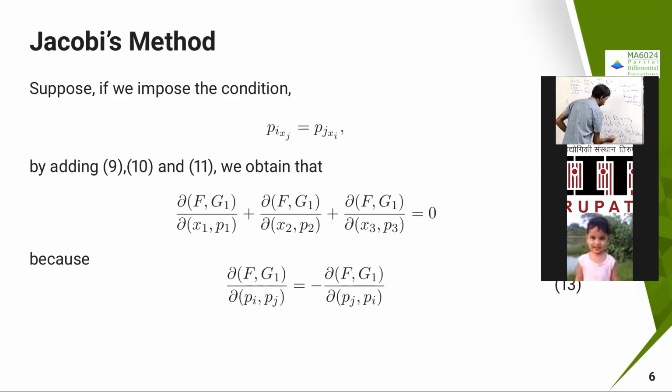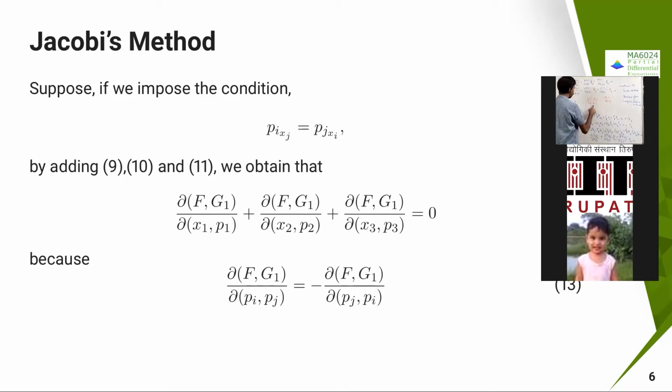So this is going to be p2 x1, this is going to be p1 x2. I made the assumption that ∂p1/∂x2 equals ∂p2/∂x1, so these two are the same. Therefore, if I compare the question, this is going to be ∂(f,g1)/∂(p2,p1). Here I have ∂(f,g1) divided by ∂(p2,p1), and here I have ∂(f,g1) divided by ∂(p1,p2).